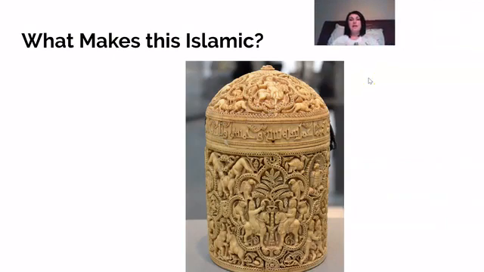This is obviously a luxury good, and it's very small. It's not very big. It's actually kind of the size of like a perfume container, if you will. But looking at this, you could probably identify right off the bat that there are some things on here that are very Islamic. You can see the calligraphy around the band. You can see it is carved from ivory, which would have come from Africa, because the Islamic world would have had a great deal of trade with North Africa since they controlled the northern part of it, although they probably got access to the ivory from trading with West Africa.